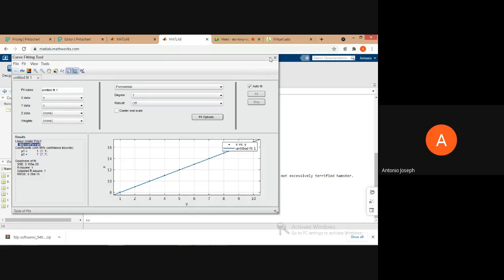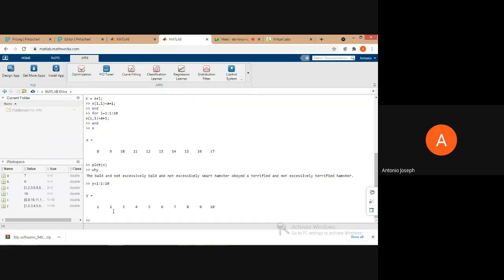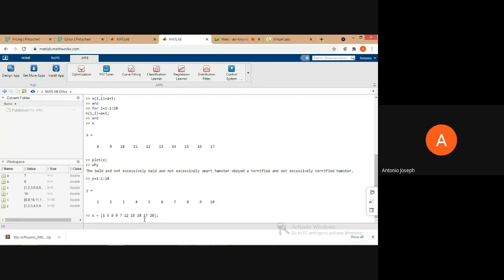Now, if you wish, we can change the variables and just see. Now I am going to give the values for x as 1, 5, 8, 9, 7, 12. So this is the value that's given now.